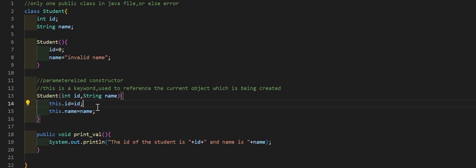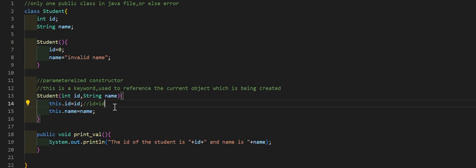I'm again repeating this topic. this is a keyword used to reference the current object which is being created. This keyword is used to avoid the confusion which would be created if we write id = id, because here we don't know which id I am trying to mean, whether the id variable which I am passing into the constructor or the data member id.